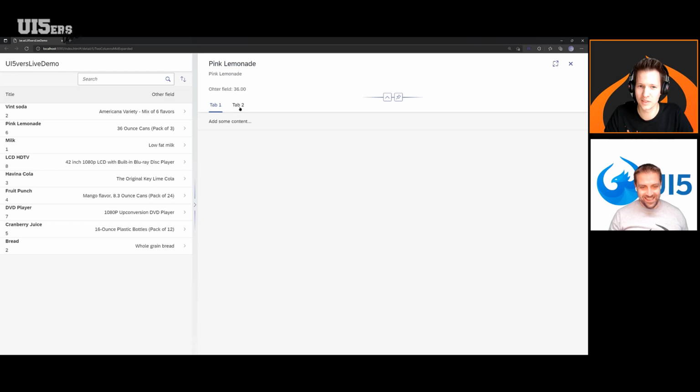So the template comes with a detail page. It's very empty because from my point of view, when I use the generators that are provided, I always delete a bunch of stuff that's generated. So I wanted a generator for the master detail, but not too many details in the details. And I also like to have those tabs without using the object page layout. I wanted to have this as an example in the template itself.